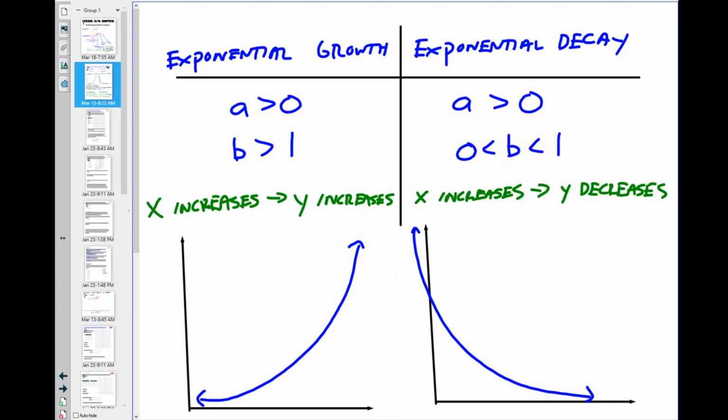Oh wait, let me do this page, but then we're going to skip a couple pages after that. So the two main types of exponentials. We're starting with exponentials. We'll do logs afterwards, either tomorrow or Monday. Are growths and decays, but you should already know that. Okay. What do growths and decays both have in common? That a has to be greater than 0, because if a was not greater than 0,